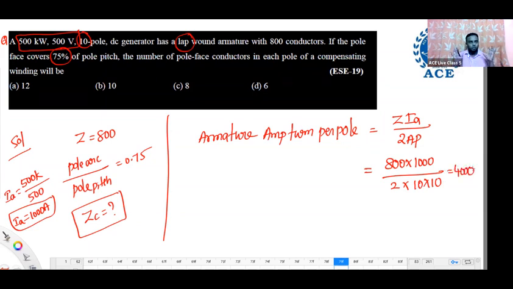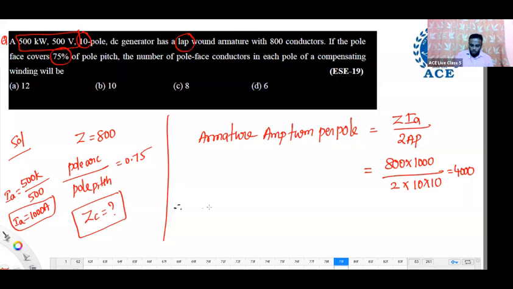Total armature ampere turn per pole. Total means per pole, one half only. If there are two poles, for example, armature ampere turn per pole means one half. In that one half, how much pole face is covering? 75%. So it will compensate only in that 75%. So what you have to find now is